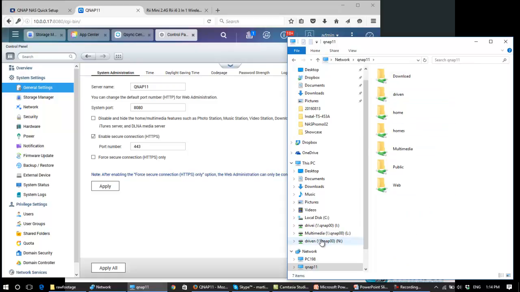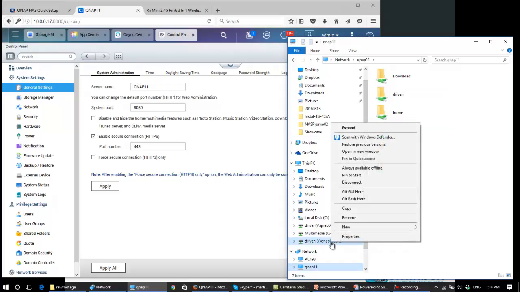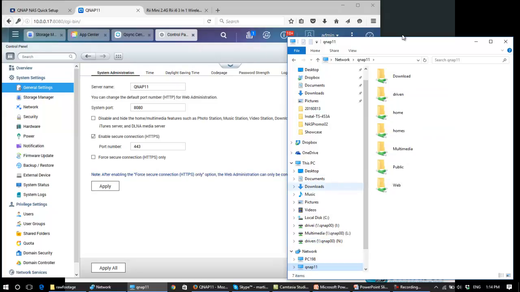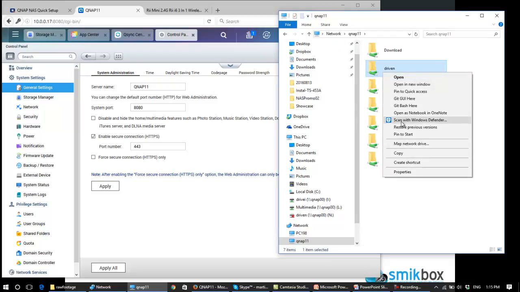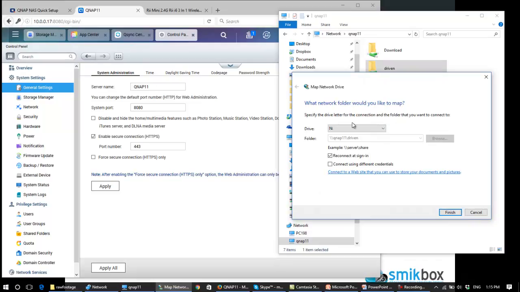I'm already connected to another Drive N, so I'll just disconnect that. And so now if I right mouse click on the Drive N and press Map Network Drive, select Drive N,